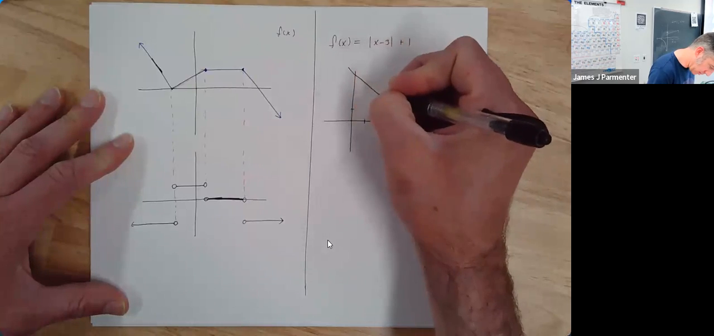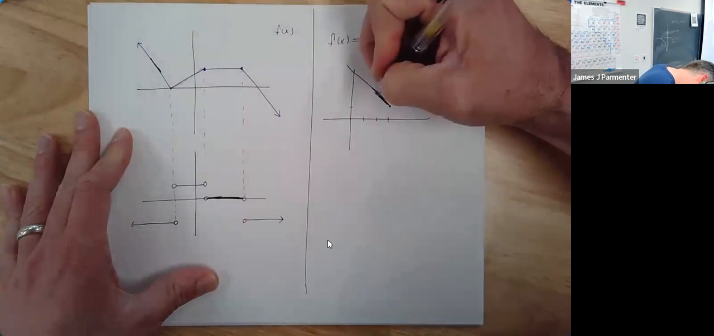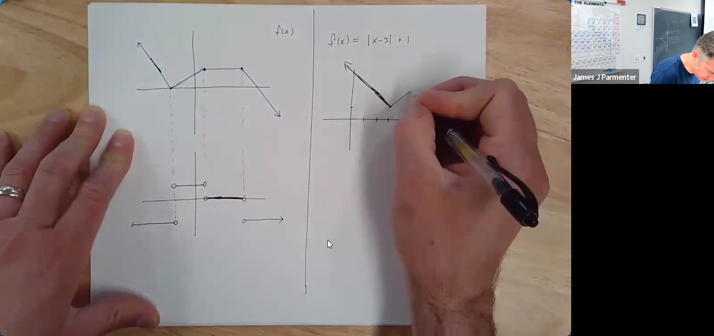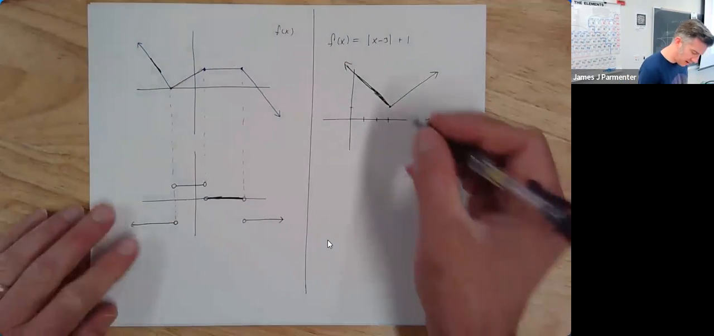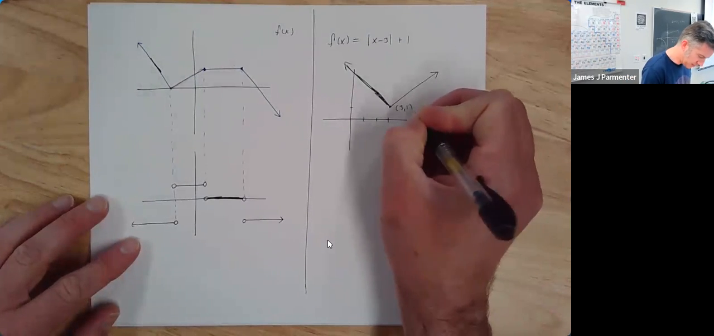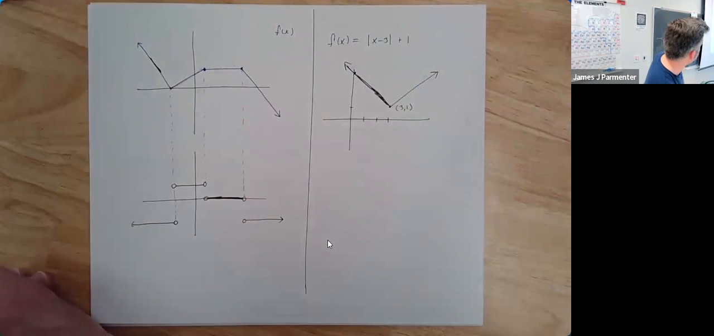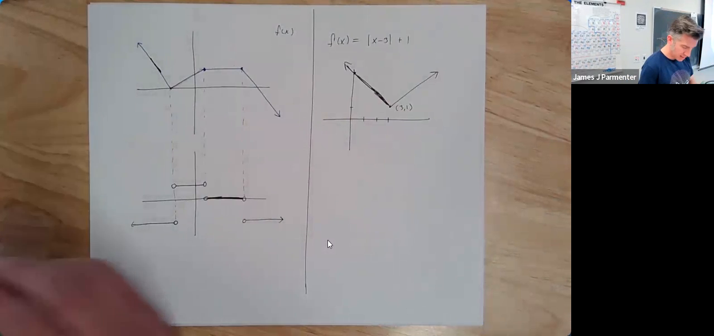Your usual V shape. Sorry, my drawing skills are less than usual today. There's your absolute value of x minus 3 plus 1. And could we find intercepts and stuff? Sure, there's an intercept there. I don't actually care what it is. It's 4 or whatever. But the point is, this graph, and we're going to show it, but this function is